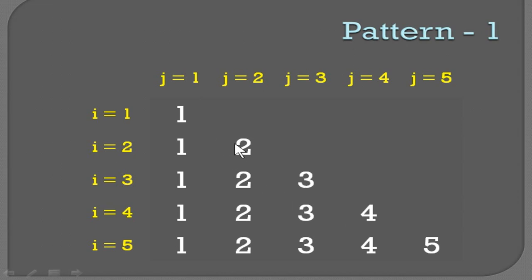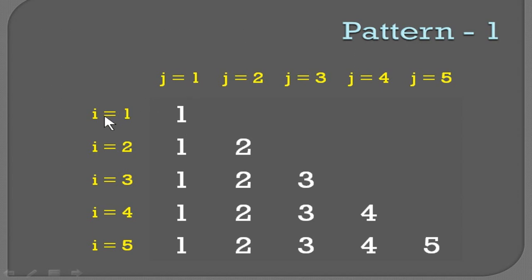In every row there is no constant value; every row it is different. In the first row it is 1, in the second row the final value is 2, the third row it is 3, the fourth row it is 4 and the fifth row it is 5. So you don't have a constant end value, but one thing you can notice is that it is increasing: 1, 2, 3, 4, 5. That means the J value is also increasing, just like the I value.